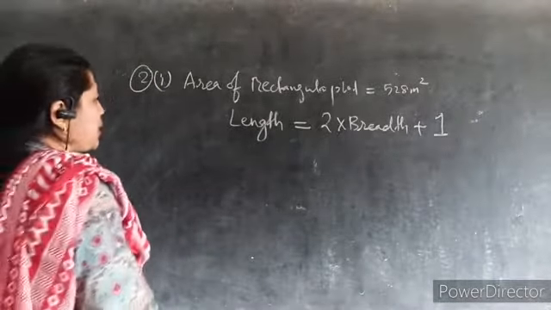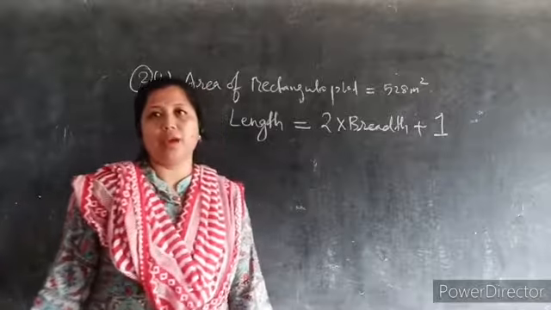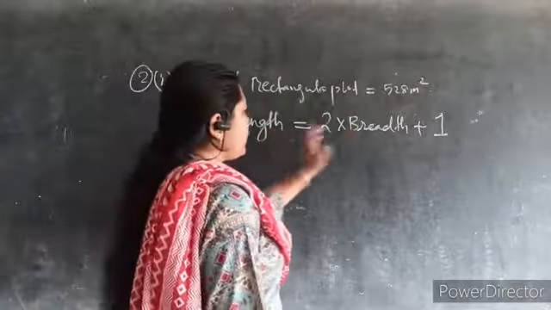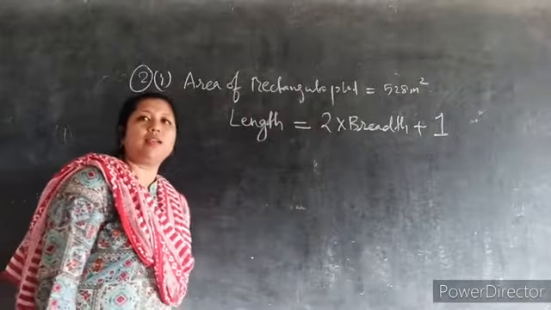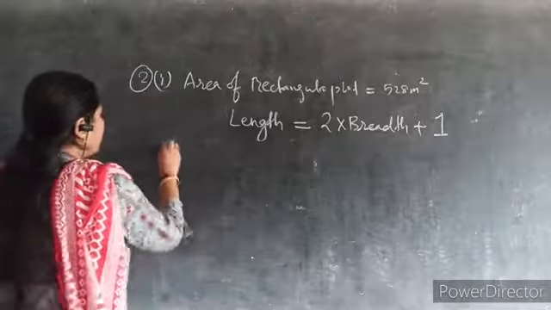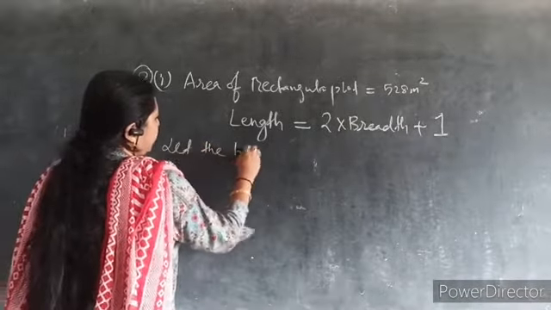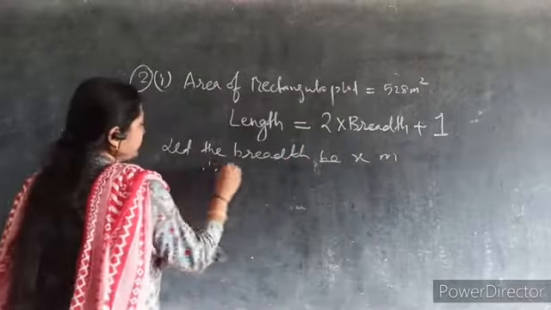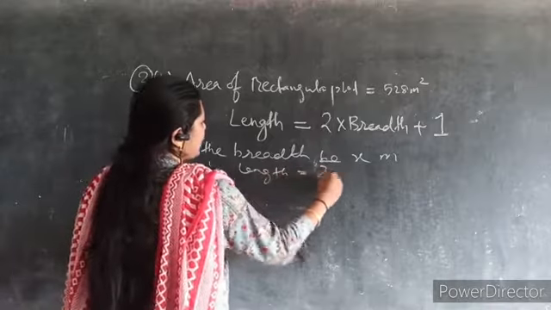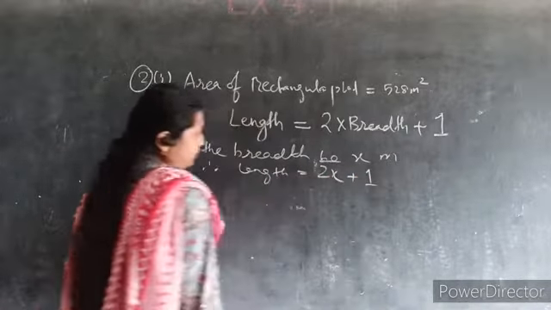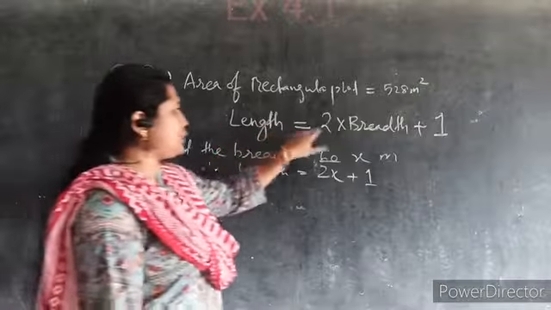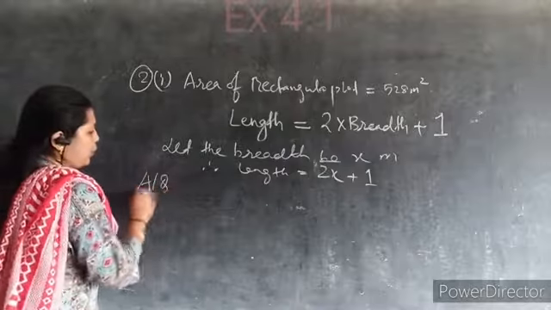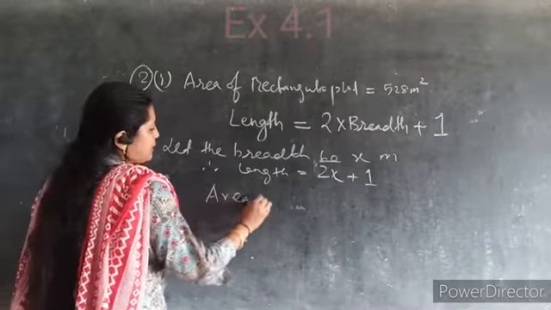Now here in this case, what is the variable you have to take? We are taking what? X variable. Now you can take any other dimension as your x. Suppose I take, let the breadth be x meter, therefore the length will be twice the breadth plus 1, isn't it? Because already I have written length is twice its breadth plus 1 more than that. Therefore, as per the question, we know that area is given is equal to what?